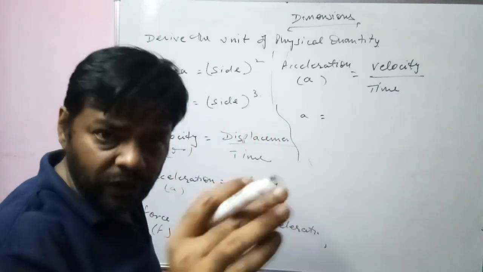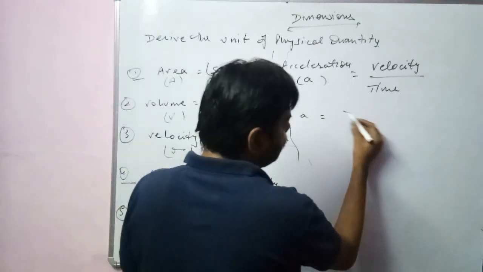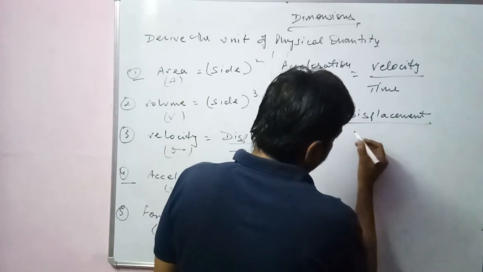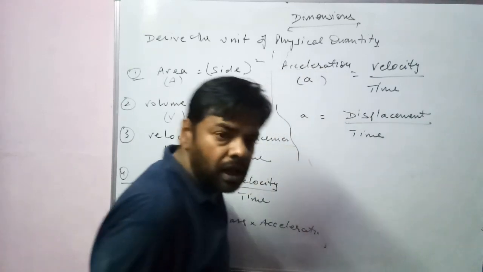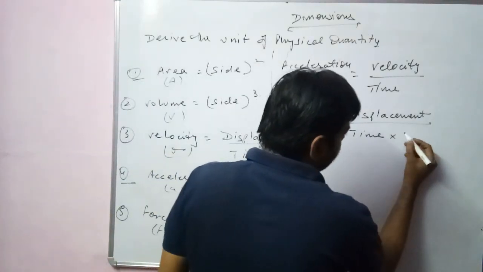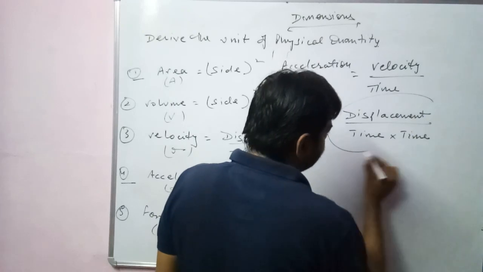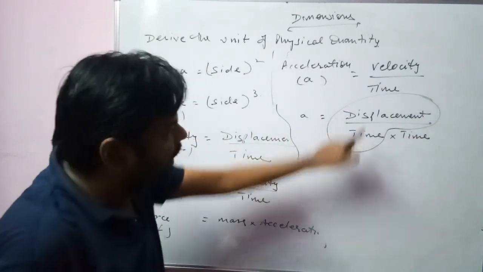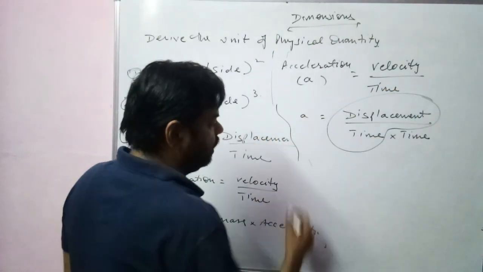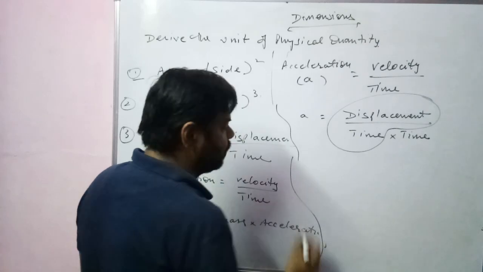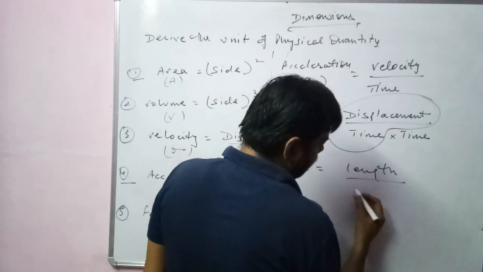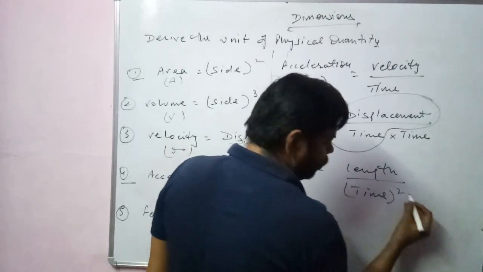First of all, you have to reduce velocity to its definition. How? Velocity was written as displacement upon time. Clear? And time was present in the definition itself. So time. This was velocity, and this entire thing is velocity upon time. Now again, we have to write out the fundamental quantities involved. Displacement just belongs to length. Time is time. So time square.